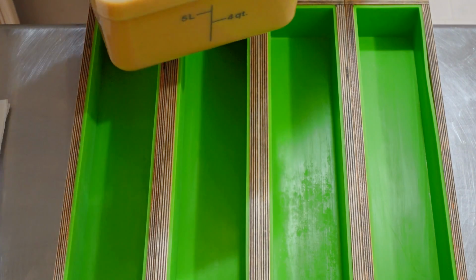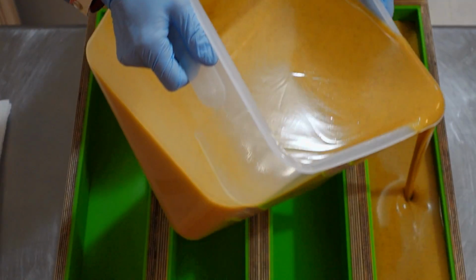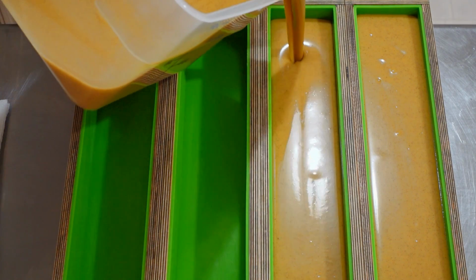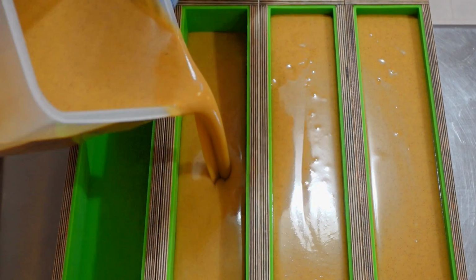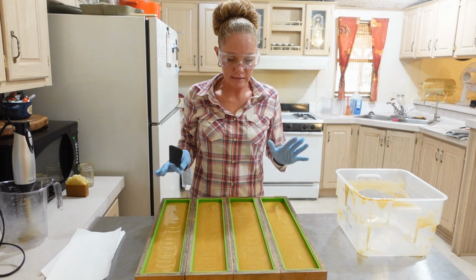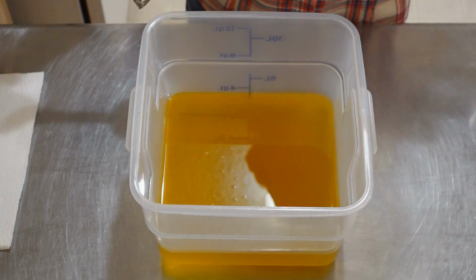Okay, now the molds. All right, so now we're just gonna pour it in. Do your best to do even portions. It smells just like pumpkin pie. Okay, so now I'm just going to set these to the side so that they can harden up while we get the topping made. Now this topping is just plain goat milk,